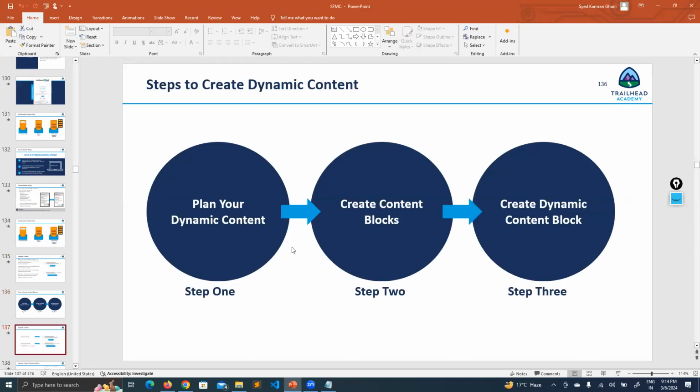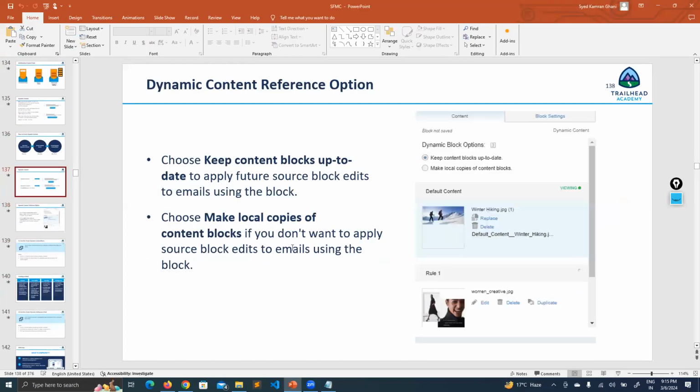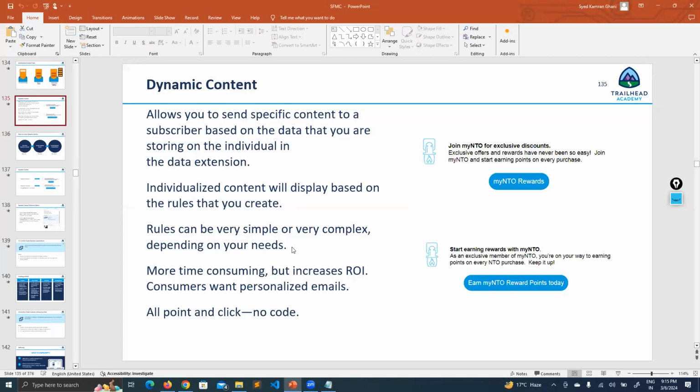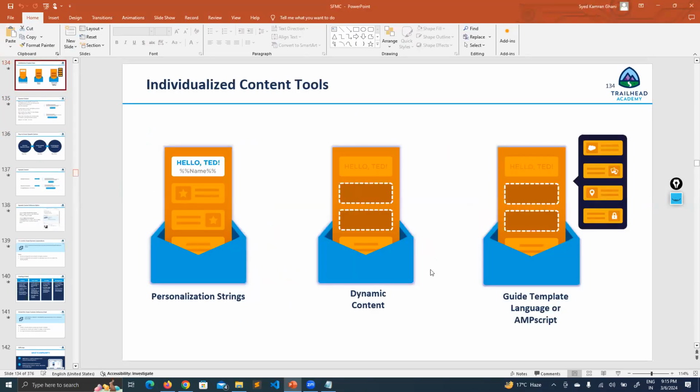Now, the next topic is dynamic content. Let us discuss dynamic content. In individualized content, the next topic is dynamic content. What is dynamic content? If I want to send an email based on some criteria, right? Let's say, Sina,